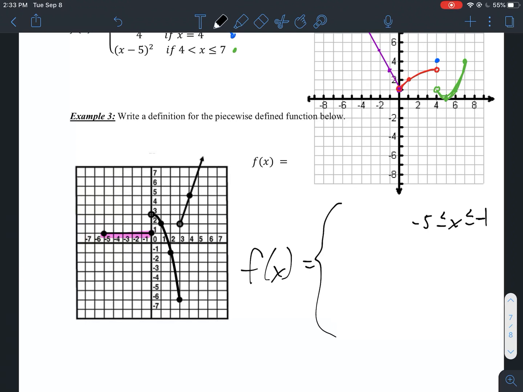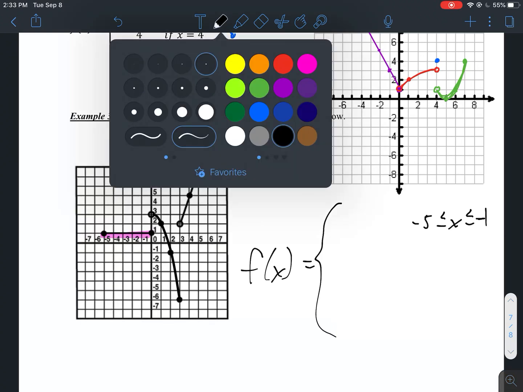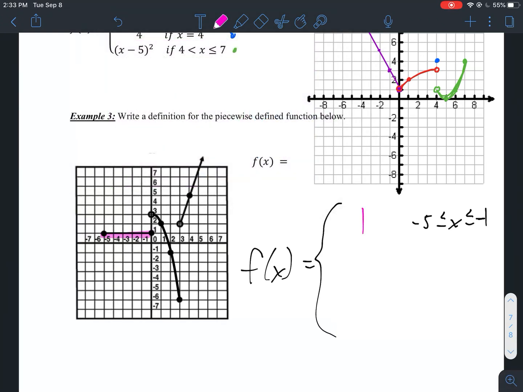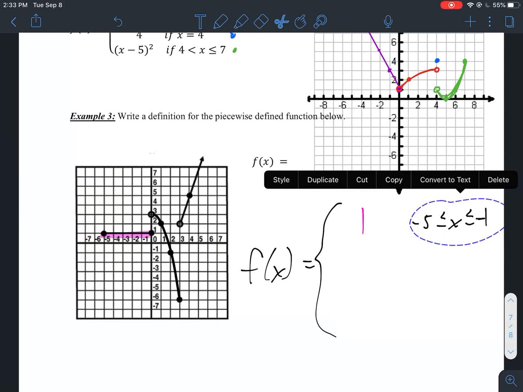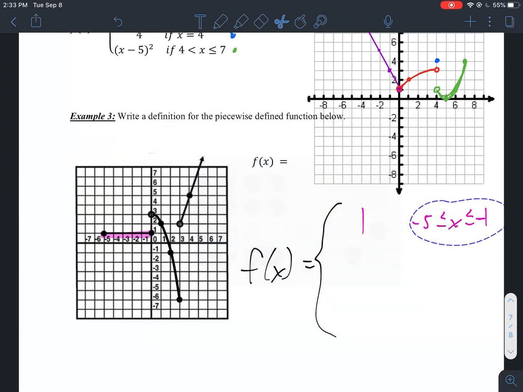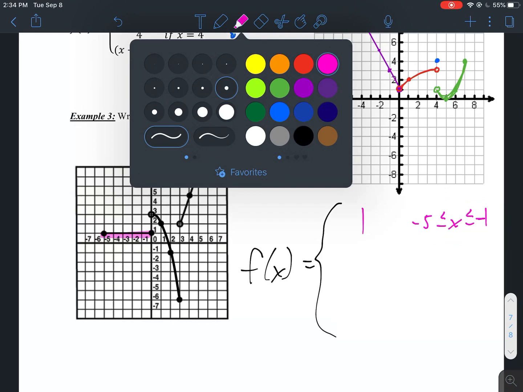So what's the equation of that graph? Well, it's just y equals 1. So y equals 1 will be my first expression over the domain -5 to -1. Okay, my second